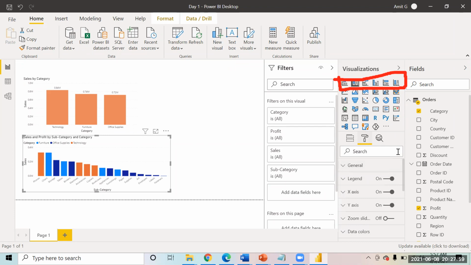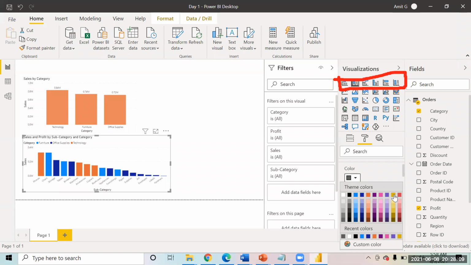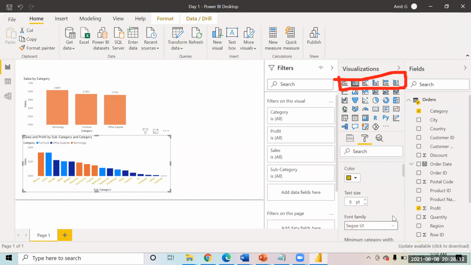For example, if you come into this x-axis, you want to change the color on the x-axis. You can click on the color and change the color of it, right? So the labels on the x-axis will change to that color. You want to increase the size, you can increase the size over here, right?